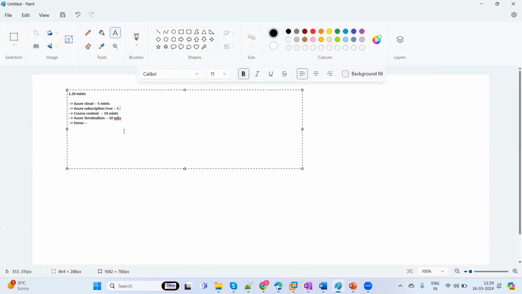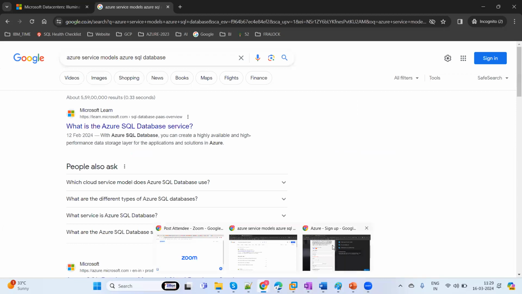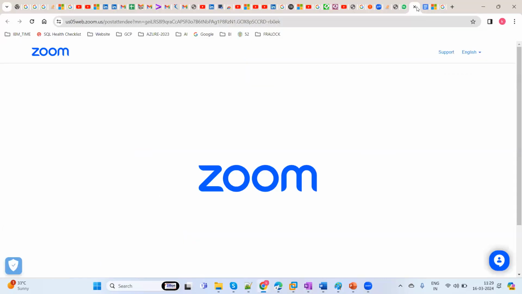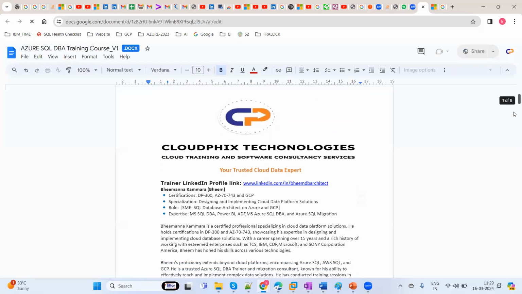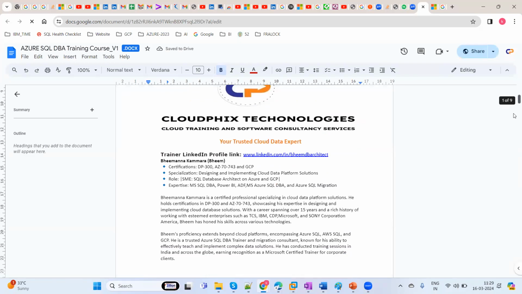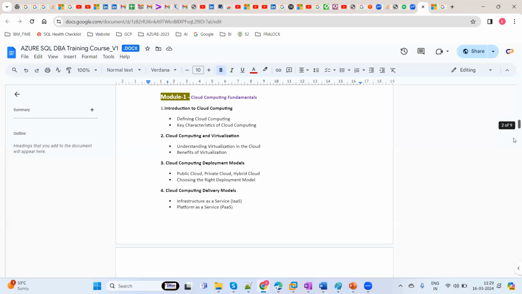And from a course content standpoint, we have already linked it with you folks. Okay, if you want, you can go through that, so that you'll get some clarity on what exactly we are going to deliver from a course content standpoint. Okay, so we go from very basics to advanced level. Even though you are not aware of the cloud and all,